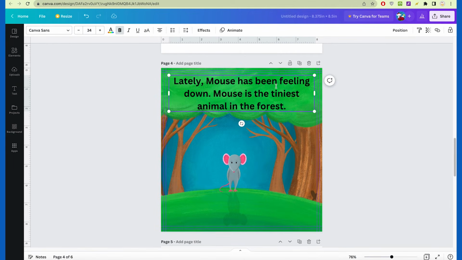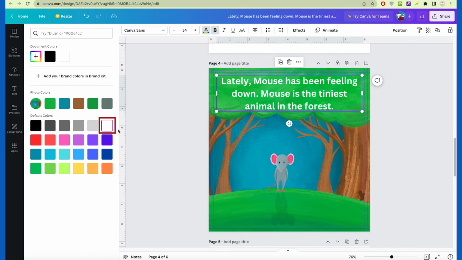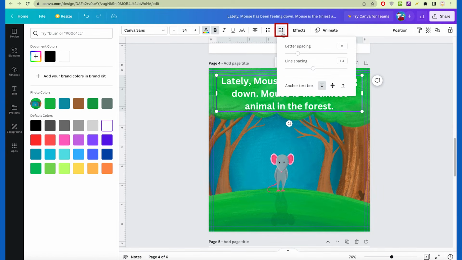Let's add some styles to the text. So I am going to click outside of it, and then I'll click the box so that way the whole box of text is selected. And then I can change the text color. I'll make it white. I can also change the line spacing